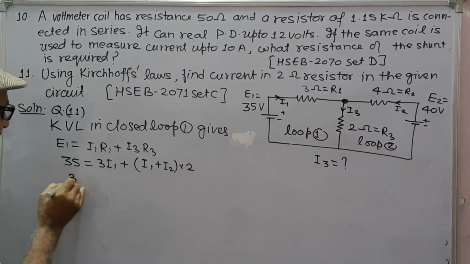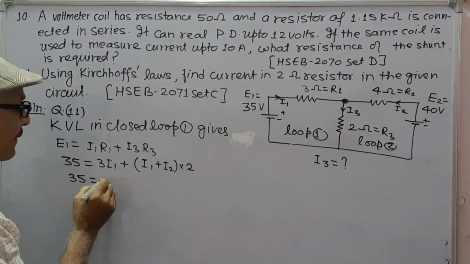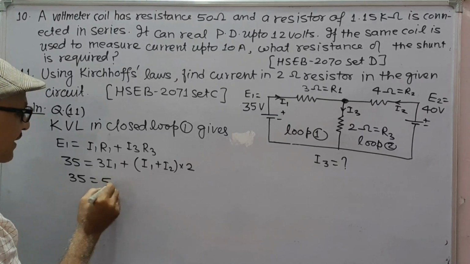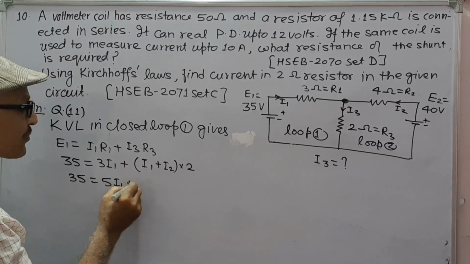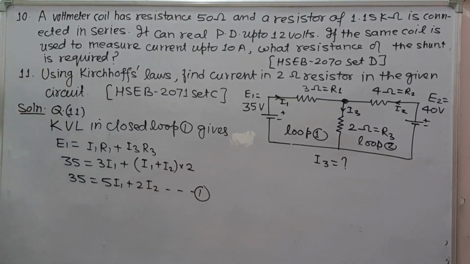So 35 will be equal to 5 I1 plus 2 I2, equation 1,